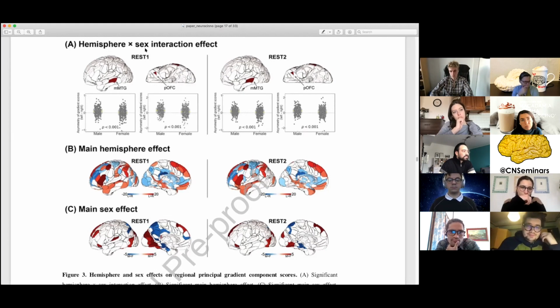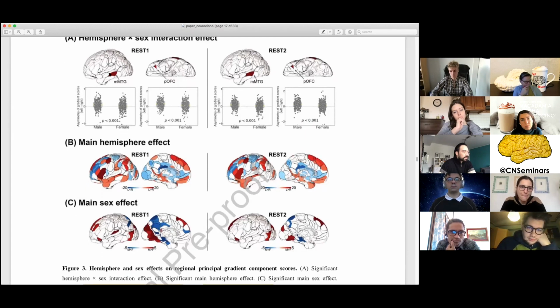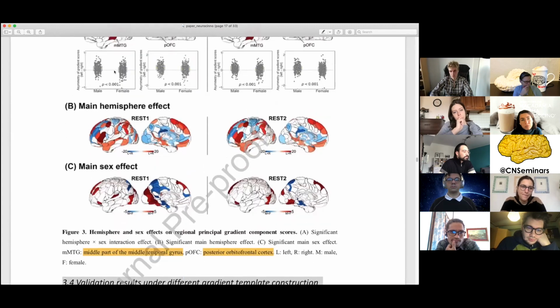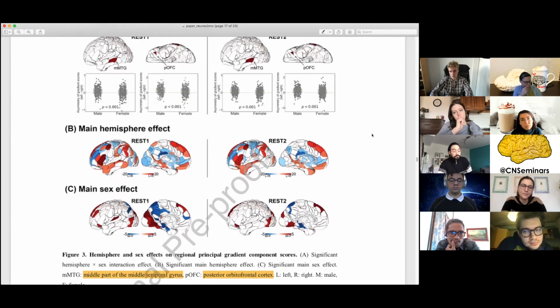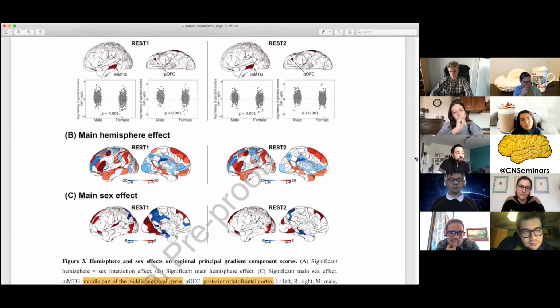You see a hemisphere by sex interaction here in the middle part of the middle temporal gyrus, as well as the posterior orbitofrontal cortex. So this is the first time that someone looked into asymmetries of the principal gradients and also associated them with